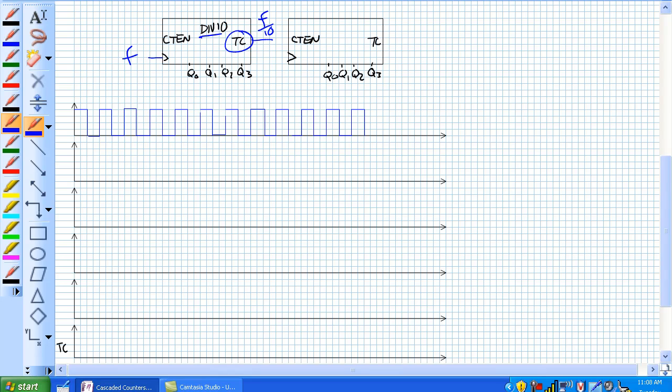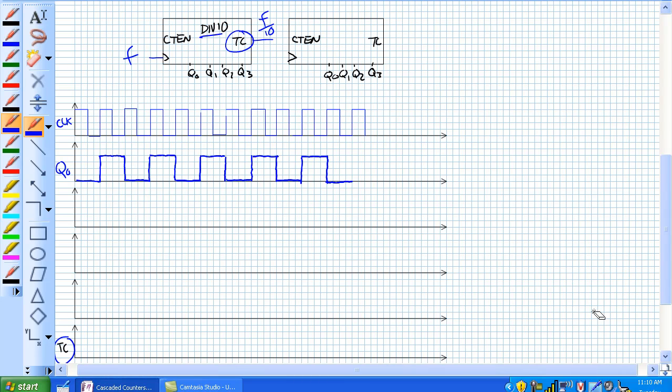Okay, so given this timing diagram here, this is the clock. Let's go ahead and do an analysis of Q0, Q1, Q2, and Q3. For our purposes, we really want to check out TC right there, just to confirm that every 10 pulses we're getting an output on TC. So clock, and let's do a synchronous up counter in this particular case. So Q0 is going to look like this,